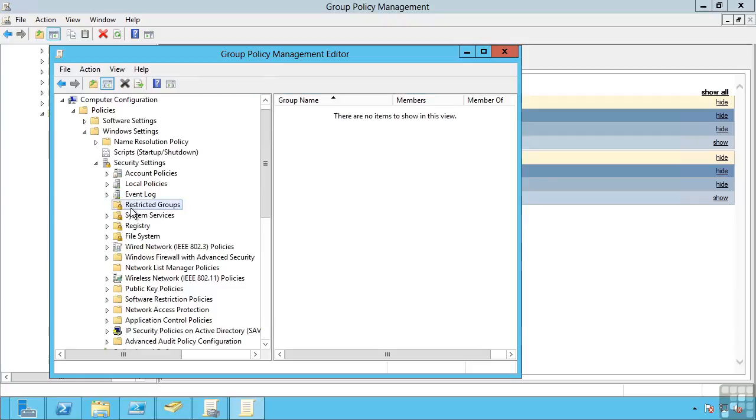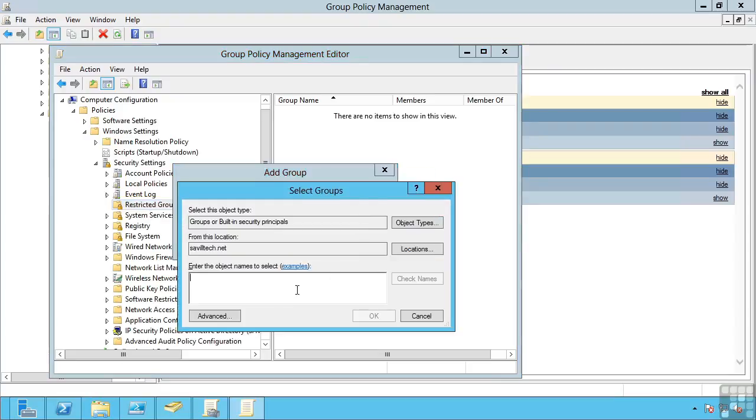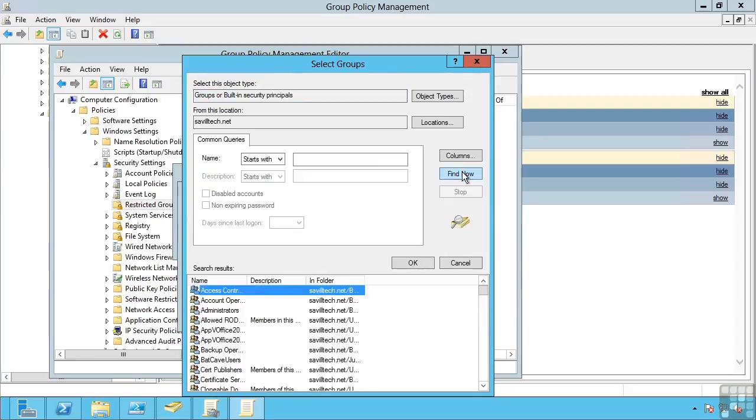So the goal of this is, perhaps I want a certain group of users to always be a member of the local admins group of a group of machines. Maybe today I did that via a logon script. Maybe I just make everyone a domain admin. The goal of restricted groups is it allows me to actually create a rule to say for a specific group, I'll just say all of them,